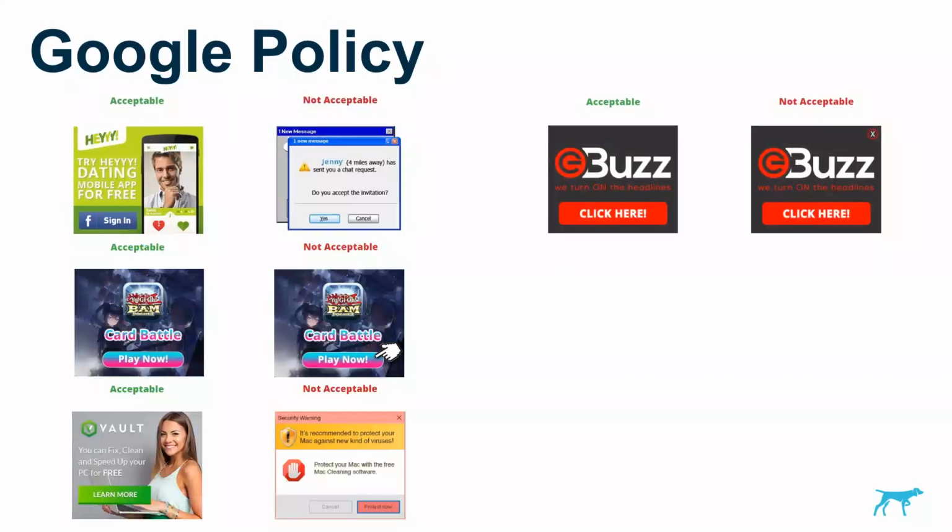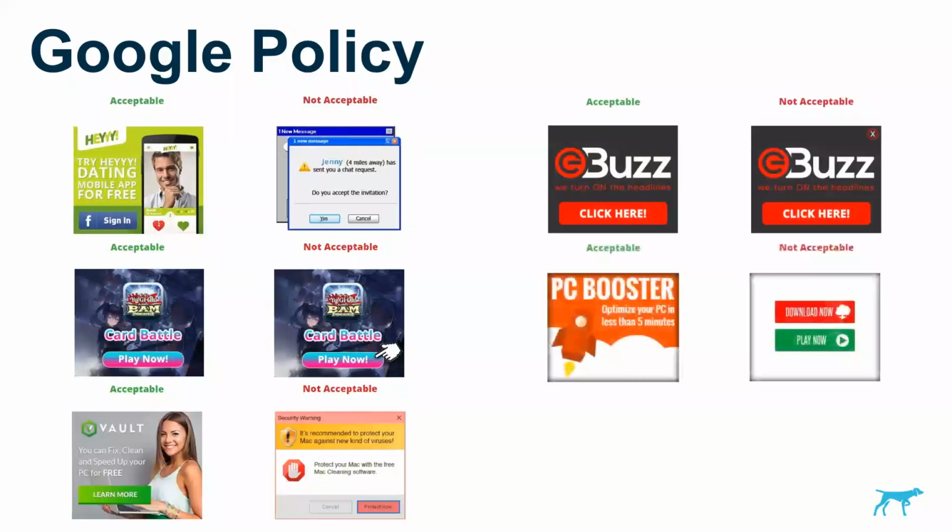Fake cross button to try and trick you into trying to close the ad, but that gets the click. The PC booster on the left kind of makes sense, but on the right it says download now or play now, neither of which are contextualized. You don't actually know what you're going to be downloading or playing. These are often on websites that provide videos or downloads just to trick the user into interacting with the ad.